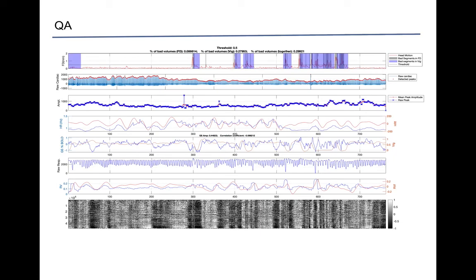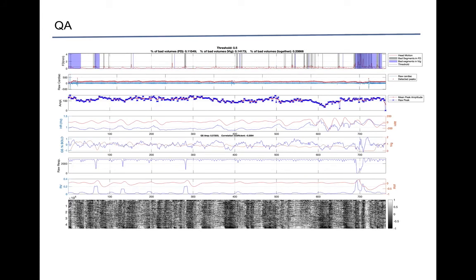Then in this plot, again lots of motion, but in addition, if you look at the third row from the bottom, the respiratory recording,